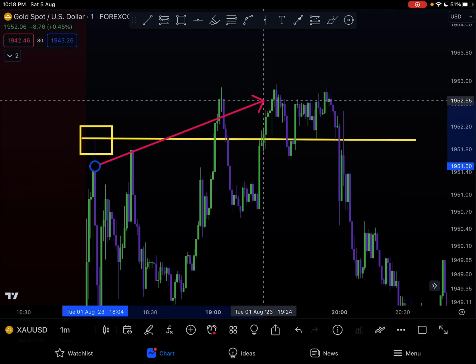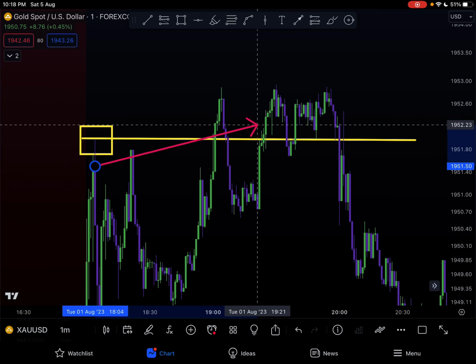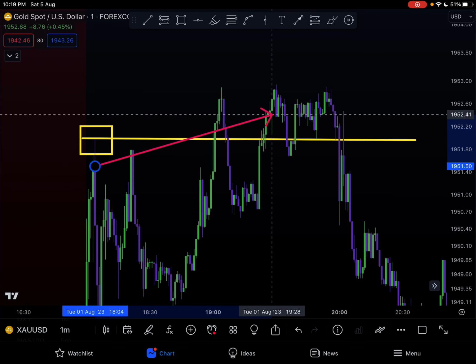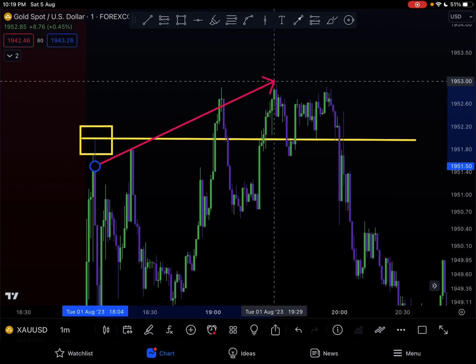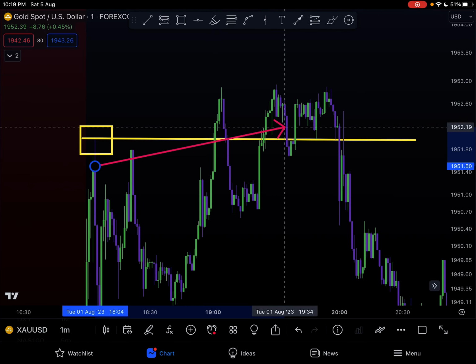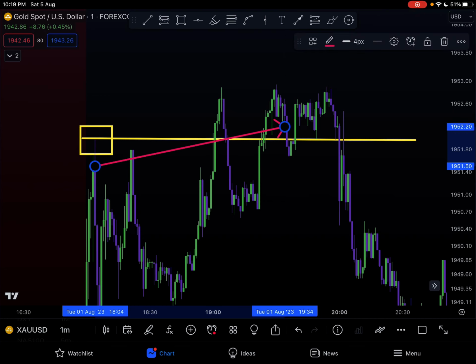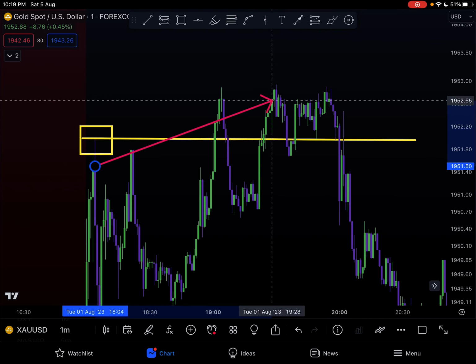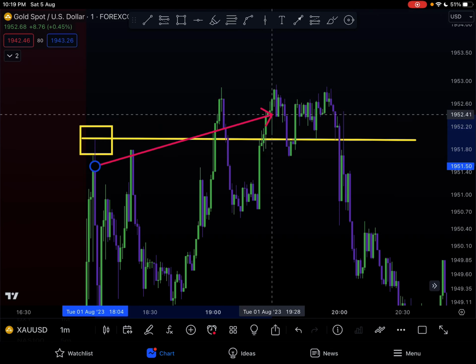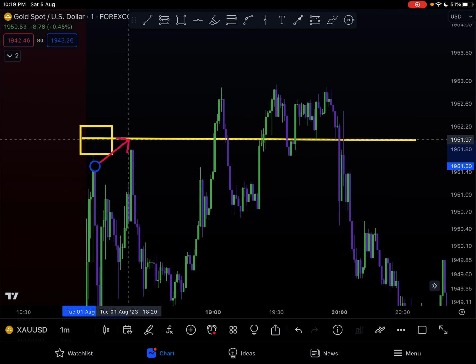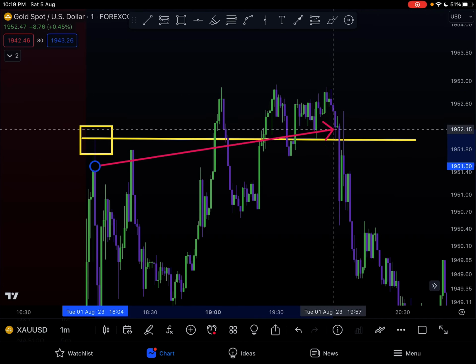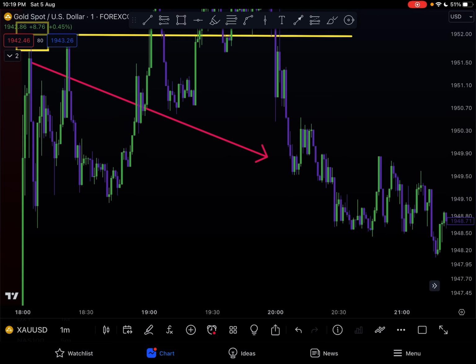It's going to run up again. Don't get scared, you're going to participate again, as long as it's not breaking this one. Although if it did break this high, I would probably stay in, probably get another position, but that's just me. You don't have to do the same thing. But again, I'm going to participate again. You're going to start to see price respect this. And this is your first session high, so this is really significant for me. It's going to run up, and price is eventually going to die.